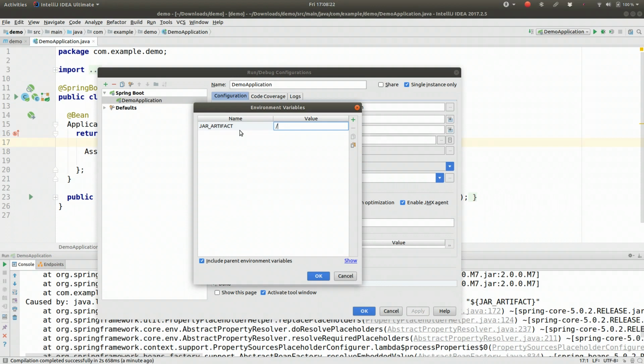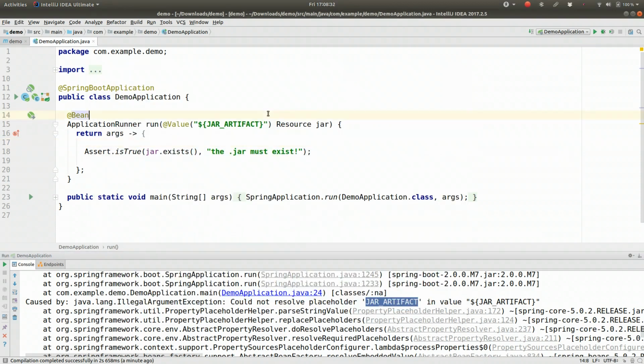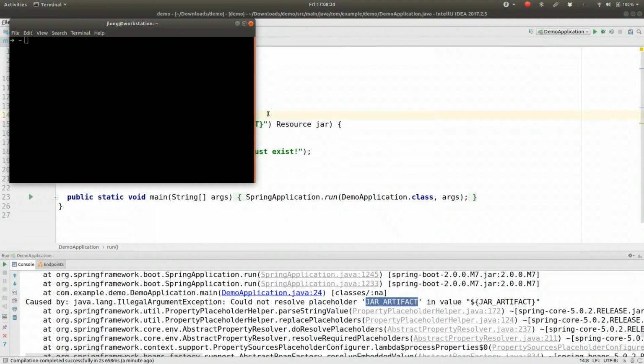So I'm going to say that there's going to be a jar on my desktop called hi.jar. Now I don't actually have that jar yet, so this will still fail. But at least we've specified the environment variable, which is what we want. So let's go ahead and create that jar for now. Okay. So cd, make dir app, cd app, touch